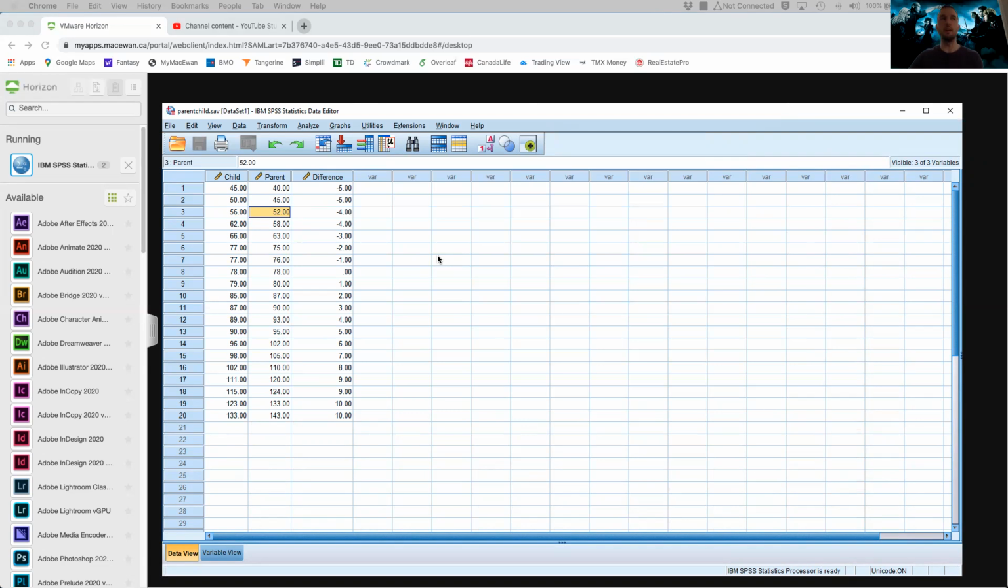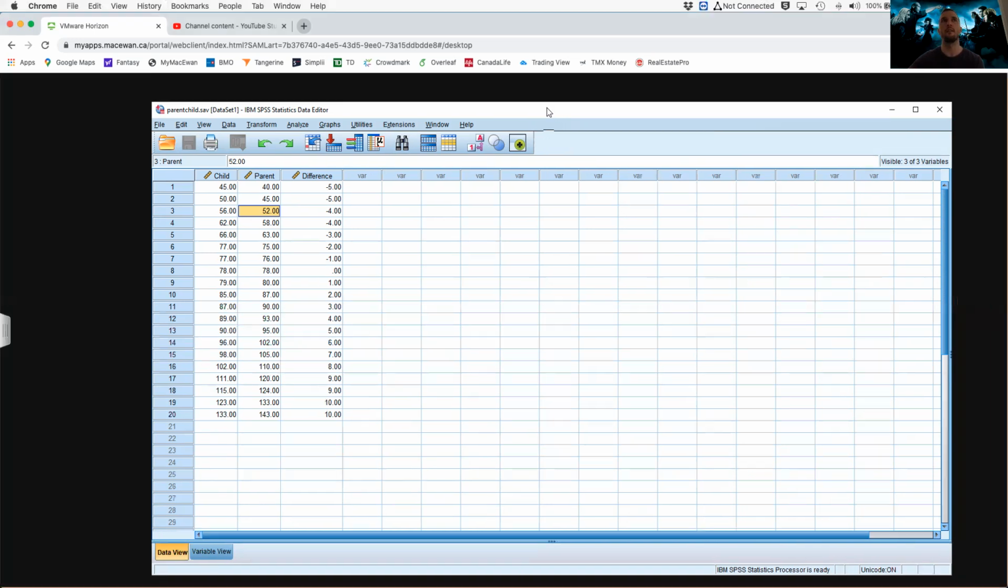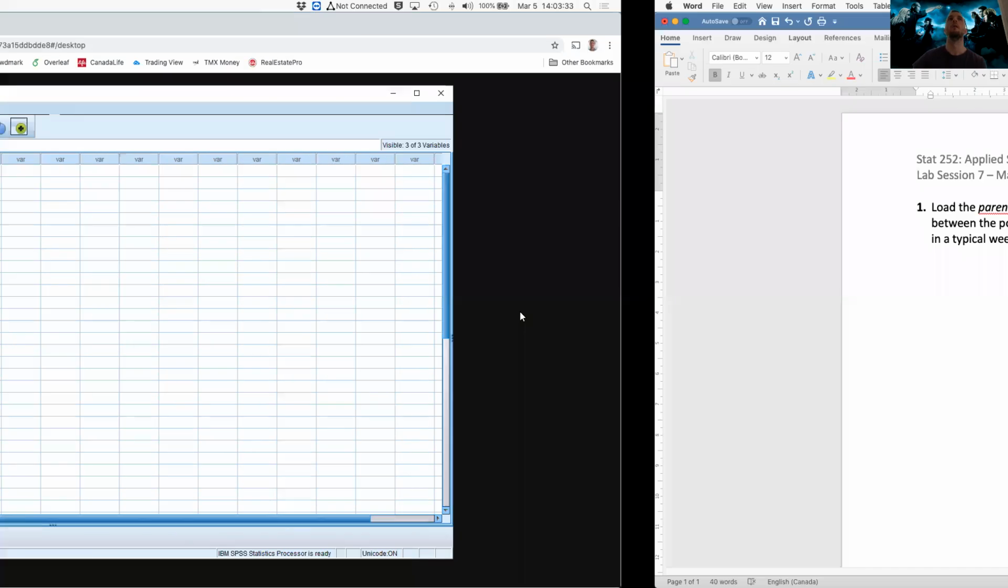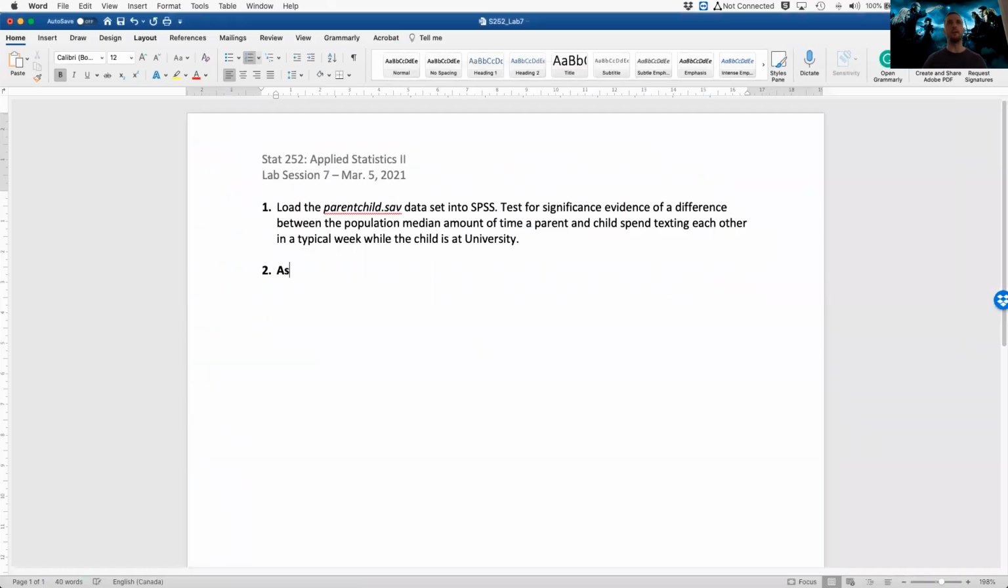So the question here is essentially, is there evidence that the amount of time that the child spent texting their parent is different from the amount of time the parent spent texting their child? We're going to use this particular data set to illustrate the Wilcoxon rank sum test. The Wilcoxon rank sum test is an alternative to the paired two-sample t-test. So the assumptions that we make here